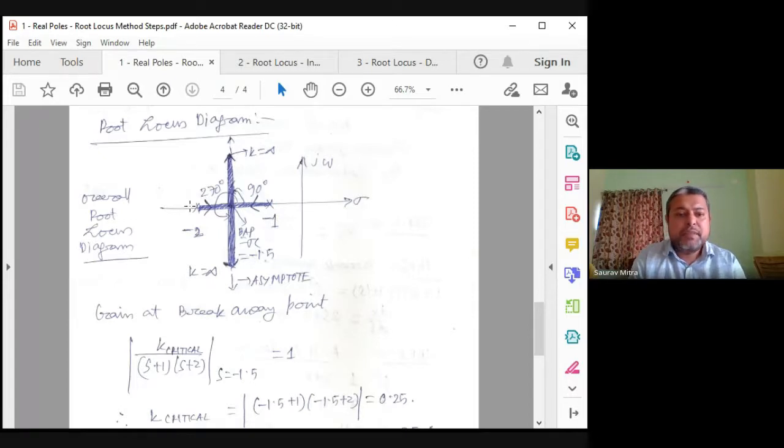We have drawn it. So stepwise you have to keep on drawing the root locus after every step. -1 and -2, we have drawn two poles, and between -1 and -2 it's a part of the root locus. Then we have shown what sigma c is. We have drawn the asymptotic angles, 90 degrees and 270 degrees. One dashed line we have drawn from -1.5 upward at a 90-degree angle, and another from -1.5 downward at a 270-degree angle. So this much we have done now.